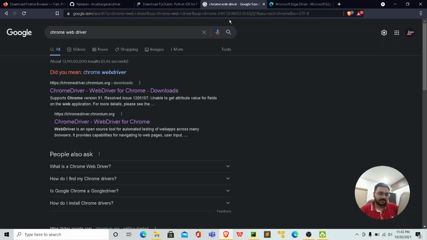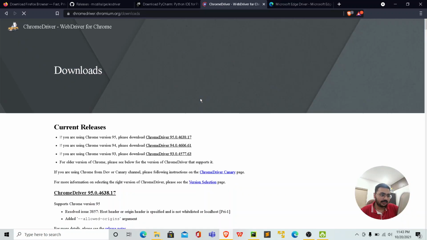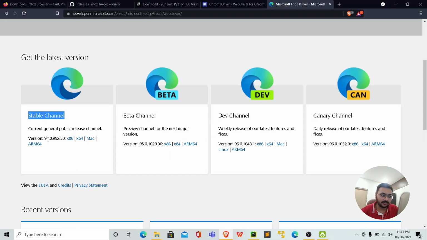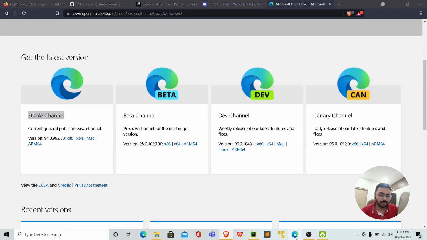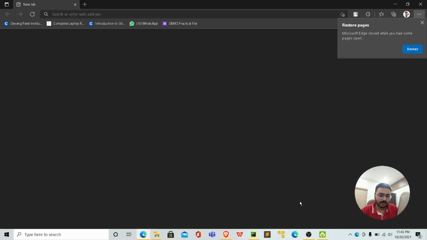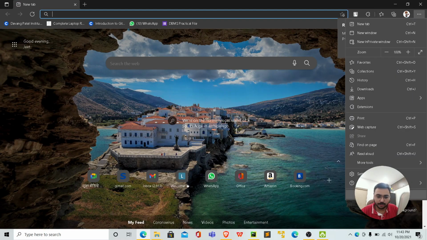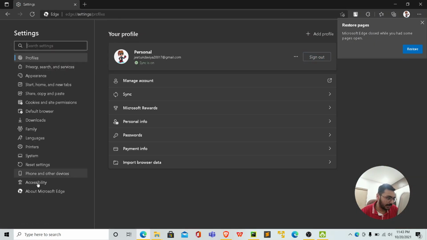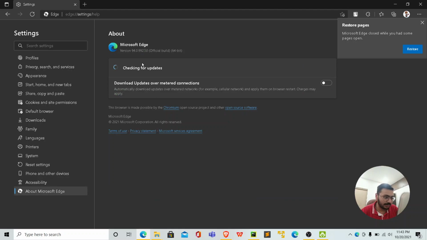And if it is Chrome WebDriver, then you just have to click on the first link provided by them, and then you can just download it. Also, you have to check once which version you are using, and please download for the same version. What I mean is, let me show you. For example, if I want to download for Edge, I'll have to go into the settings, and go to About Edge or something like this. Yes, About Edge over here, and I'll have to check this version over here, right?